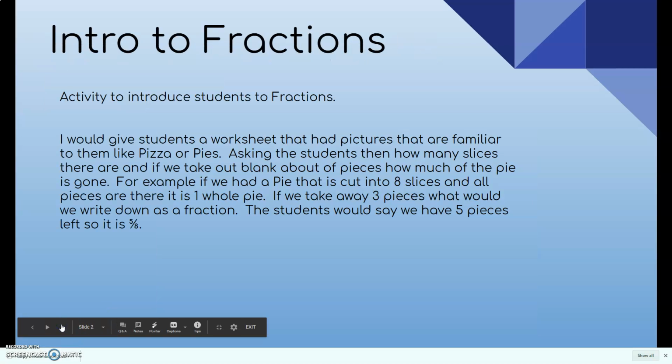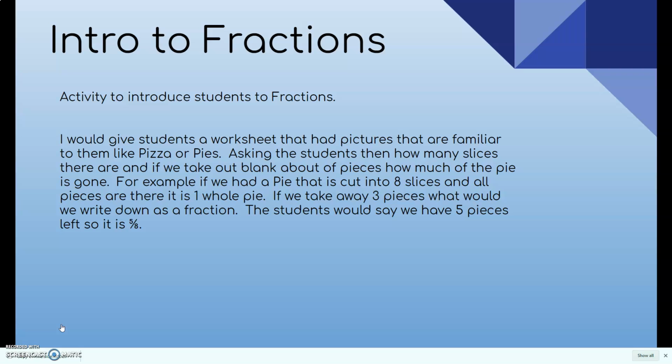So, Intro to Fractions. An activity I would do to introduce students to fractions, I would give students a worksheet that had pictures that are familiar to them, like pizza or pies. The worksheet would ask students questions about how many slices there are, and if they take a blank amount away of pieces, how much of the